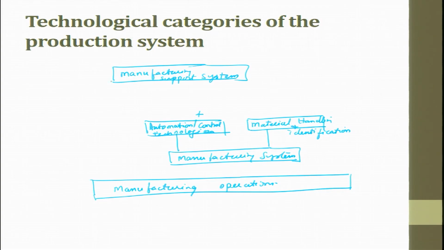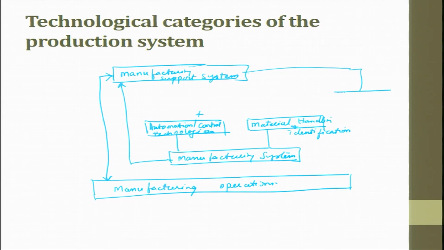Then here you will have a dialogue between manufacturing operations and the supporting system, and then you will have dialogue between the manufacturing systems and the support system, and then you will have a link from here